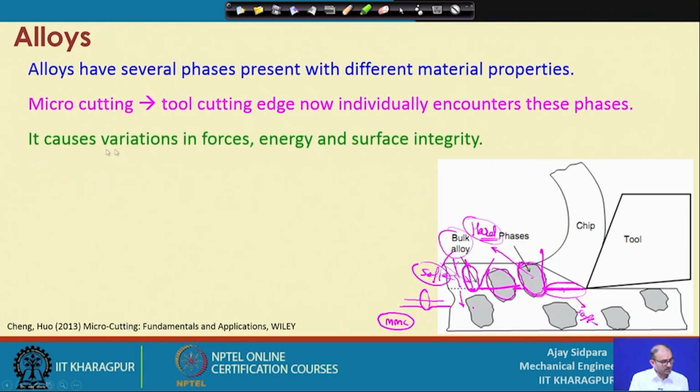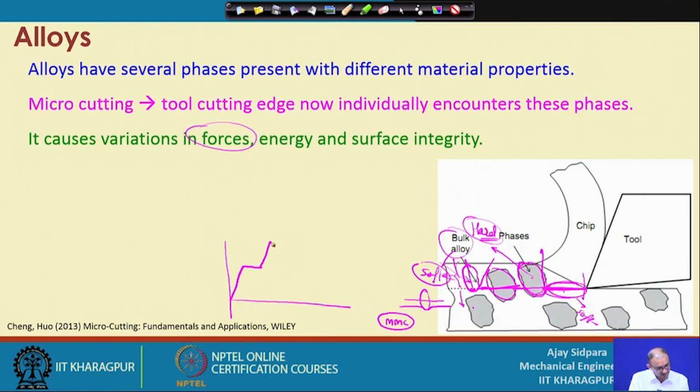Now, what happens because of it creates problems with the forces. Variation will be very high in the forces, and there is also energy, and surface integrity is also a problem. We have seen that whenever the tool encounters a soft material, your force level will be very low. So, if you cut from here to here, your force signal will start from 0, then it will stabilize a little bit because it is cutting this particular part,